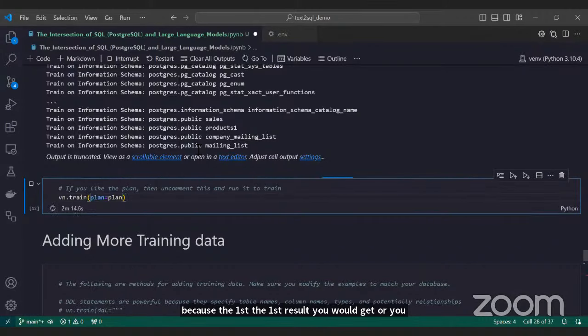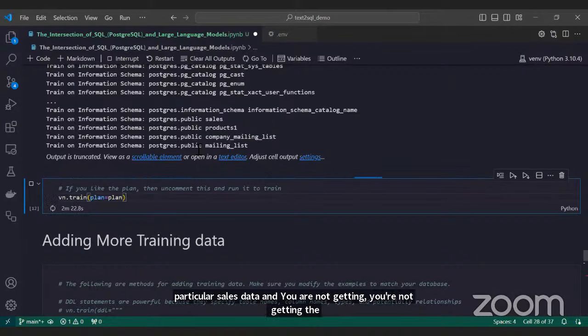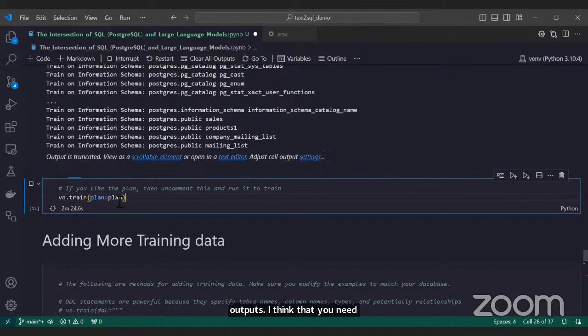You might train on a particular sales data and you're not getting the outputs that you need, right? So you just basically need to add more data. I'm going to show you how you can add more data if you're using this particular scenario. You can add more data and retrain the model, right?